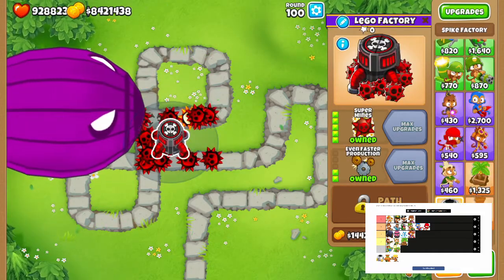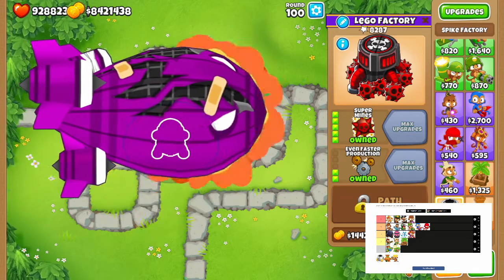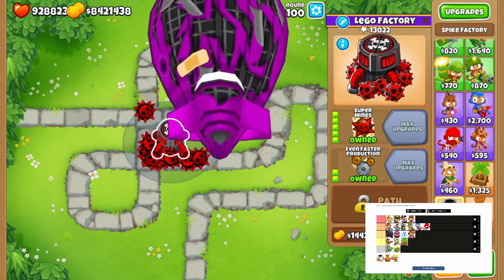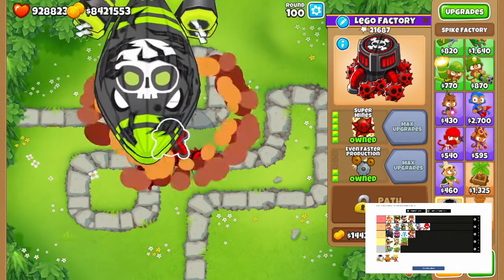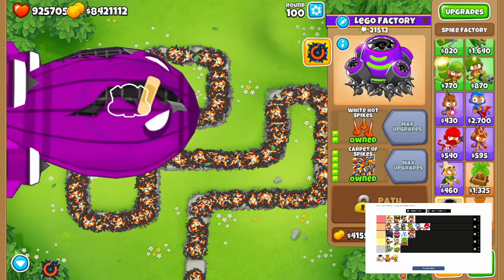Tack factories. This one is so good. Every tree is usable on this. Top tree does so much damage and really helps with those ceramics if they're trying to get through. Just put down the top tree, those little spike balls would just blow it up. You're good. He can also pop camos, he can pop leads,